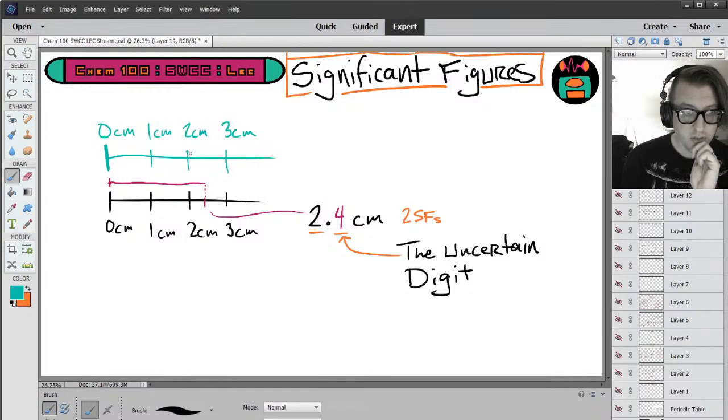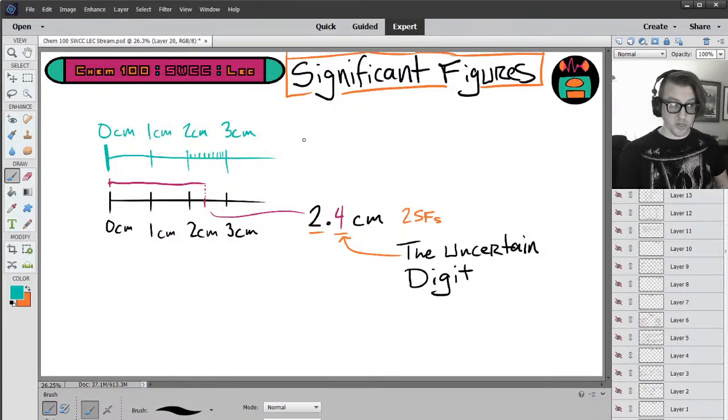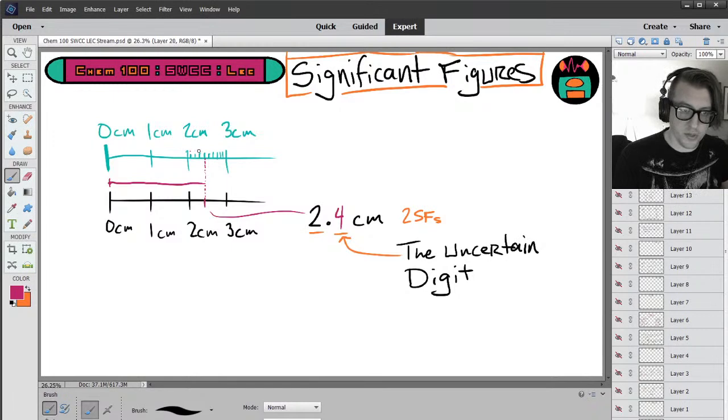But on this ruler, we have 1, 2, 3, 4, 5, 6, 7, 8, 9, 10 markings in between each centimeter. Let's measure the length of this string now. All right, if we do, let's go dot, dot, dot, dot, dot. Boom. Where is this? 1, 2, 3, 4 spaces in. If we take this measurement with this ruler,